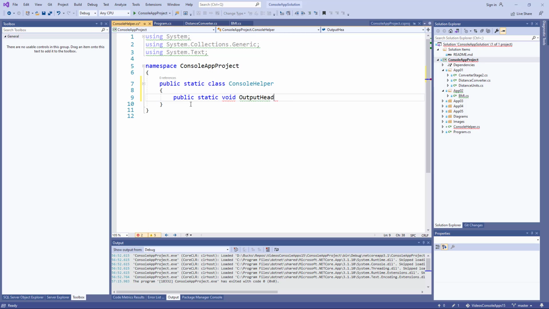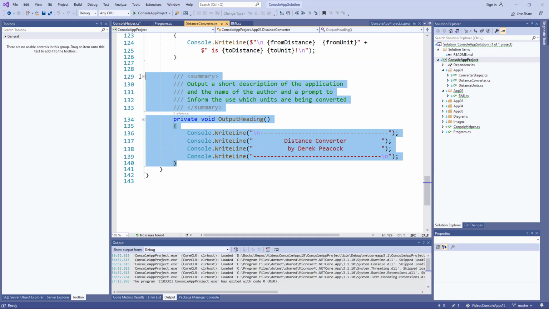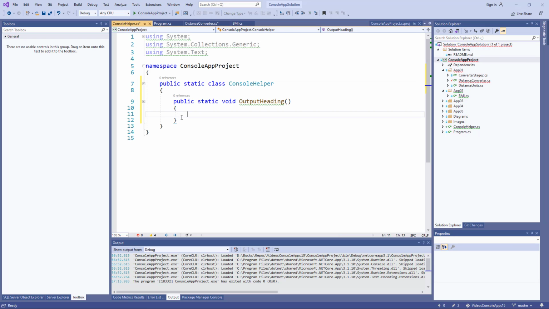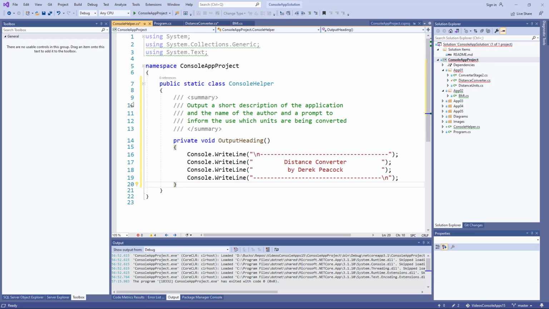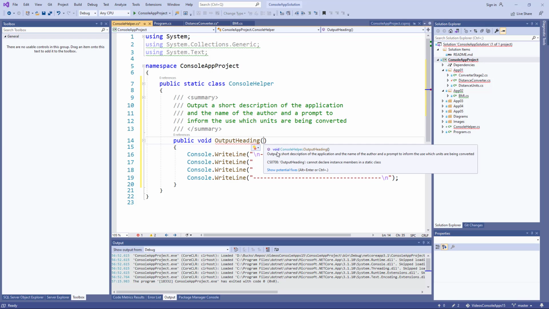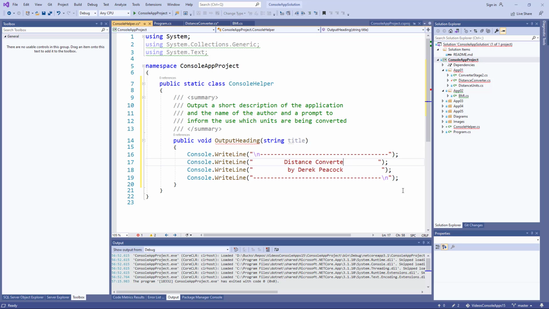We're going to have an output heading method. Now in fact we've already got that method in our distance converter. So what I'm going to do is remove it from the distance converter and put it into the ConsoleHelper in place of that. Okay, and it was private in the distance converter, but we need it now to be public. And we don't want a fixed title. At the moment it's fixed, it's the distance converter heading, and we want it to be more general than that, so we'll add a parameter as a title, and here instead of this title